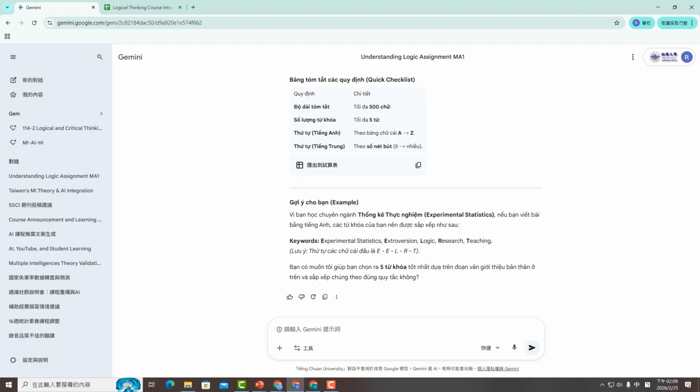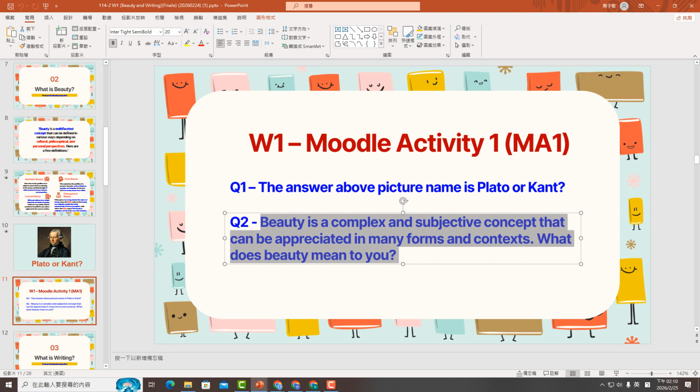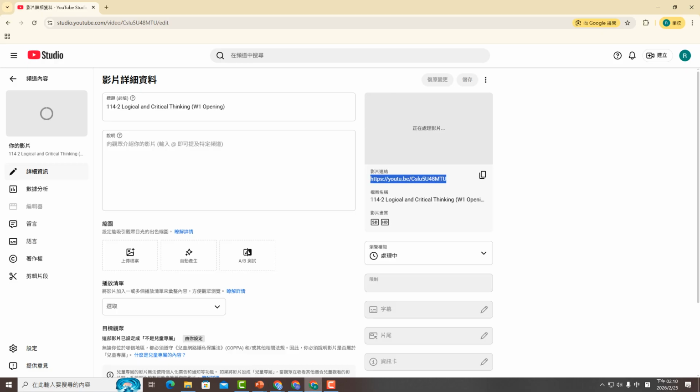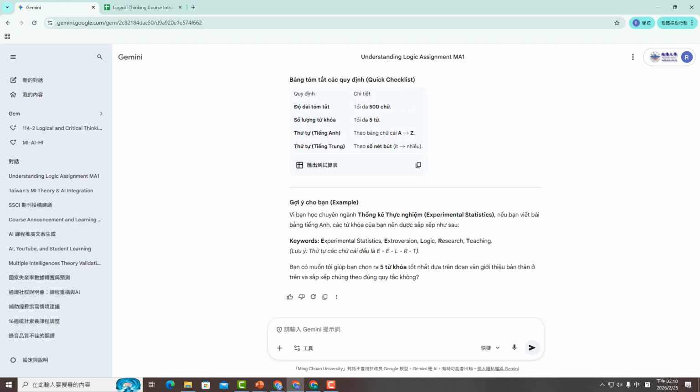You are 19 years old, so you cannot answer like a 91-year-old, right? When you answer this question, you are welcome to use Gemini, but you have to give the prompt like a